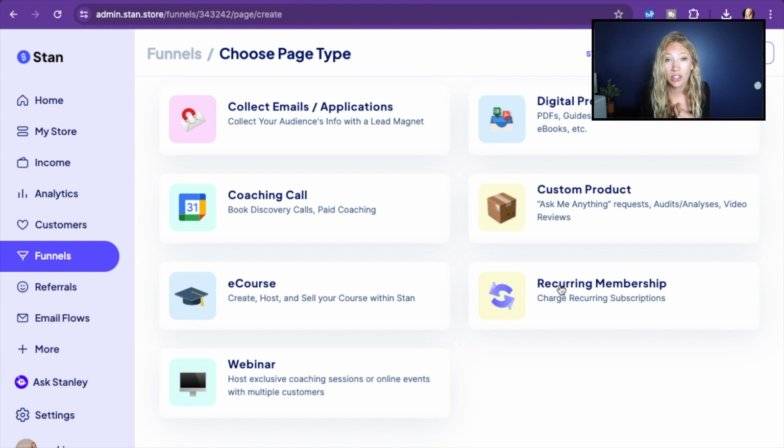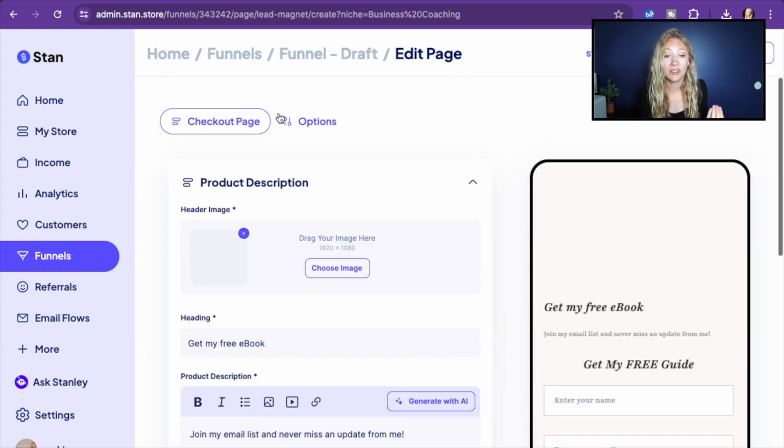What I typically want to start with is an email opt-in. So I want to collect someone's email because that is easy for them to do. They are getting something for free, so they're more likely to finish that action. So we're going to go to collect email / applications, and we are going to set up the first page